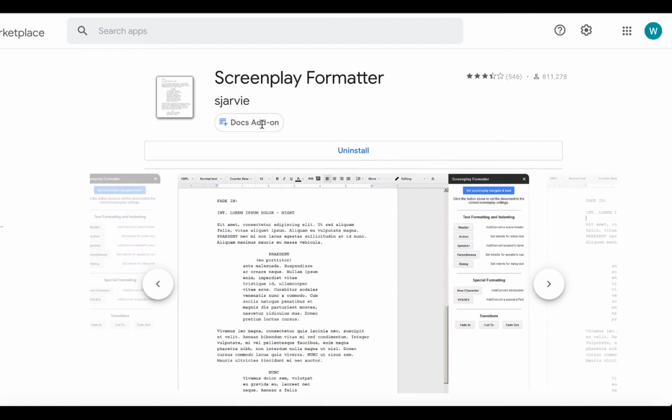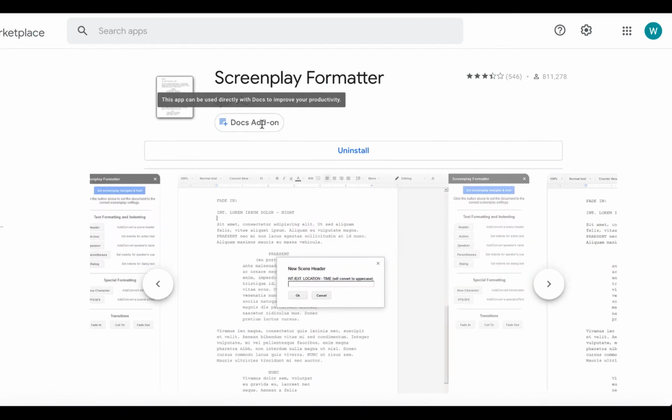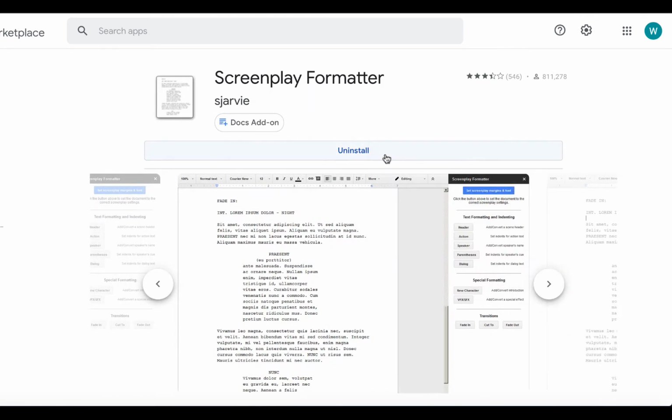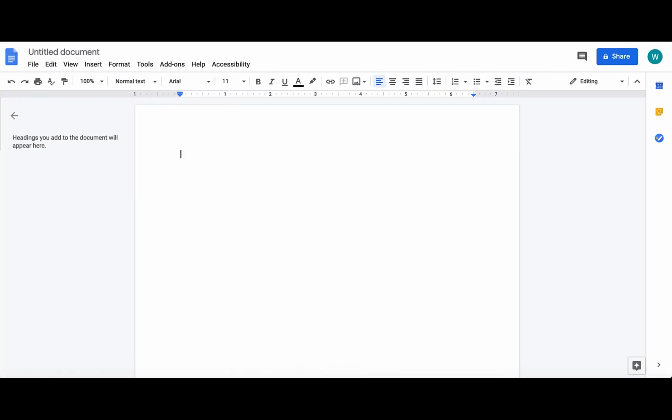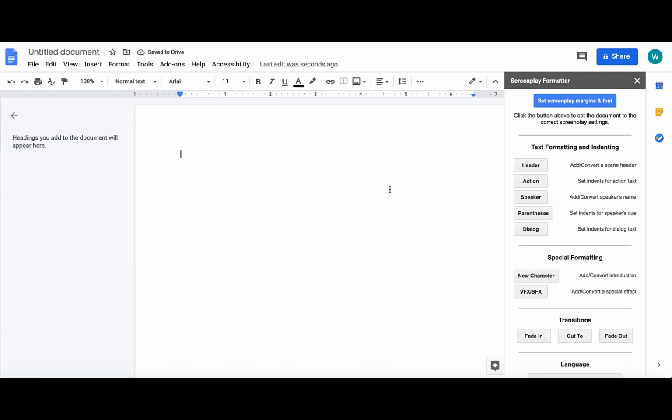So if I click on there, this will take you where to download the add-on. Click on it, it'll show you a little demo on it, and then mine's already installed, so I could uninstall it, but you folks click on here to install. And then when you actually go into Google Docs, here's a blank one that I'm starting from scratch. If you click over on add-ons here, this is where you can actually turn it on. So if I hit launch, this will pop it up,